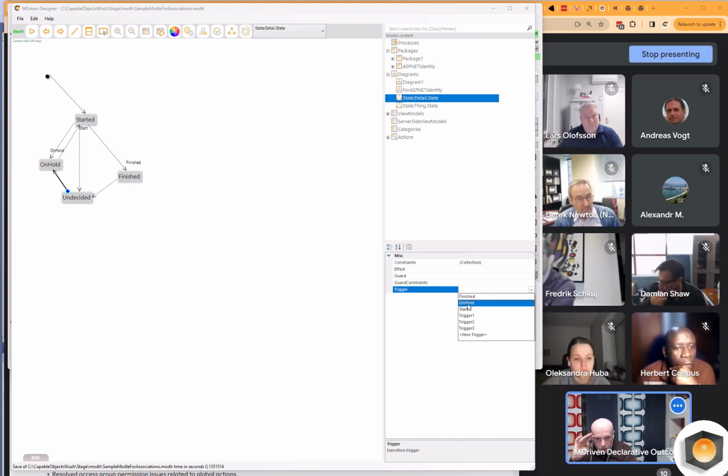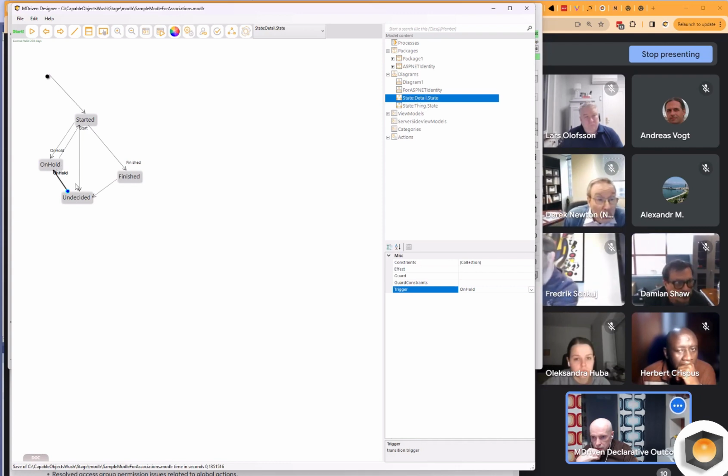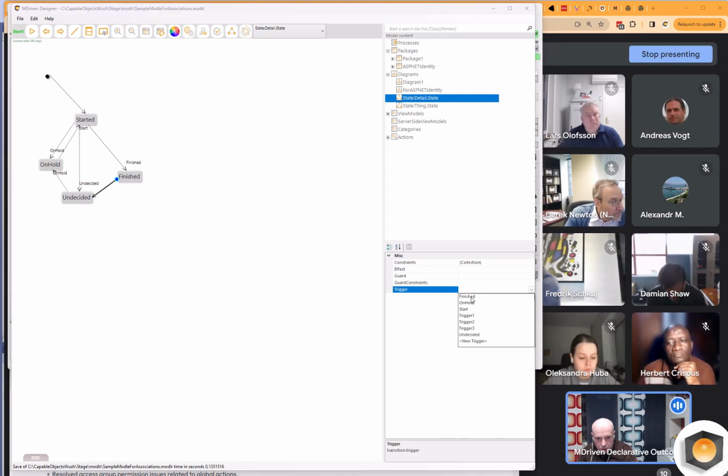I remembered wrong. I'm gonna drop these triggers 1, 2, 3 because I only need these named ones. So moving it to on hold. So this is moving to start. Now I need to name this undecided. Undecided. And this one will also use that undecided thing over here.